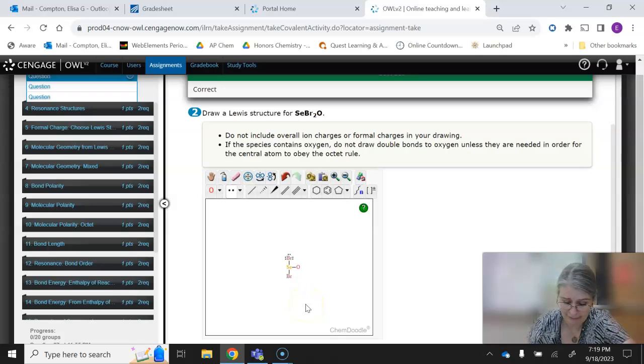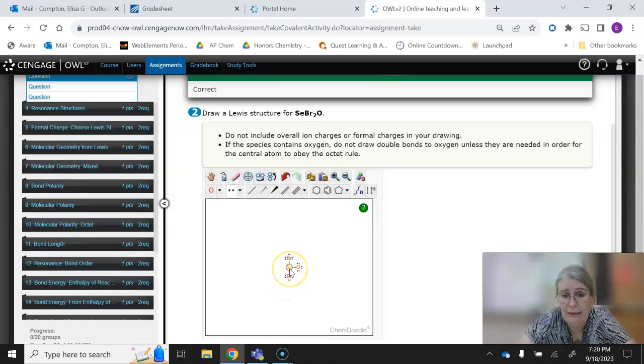So now I have used up these, and so I'm going to go here and I'm going to click, click, click. That's another 6 electrons. So I had 26. I used 6 to make the bonds. I've used 6 around each of the 2 bromines. So I have 8 electrons left. So now I can go ahead and complete my octet around oxygen. 1, 2, 3. Okay. Now everything has a complete octet